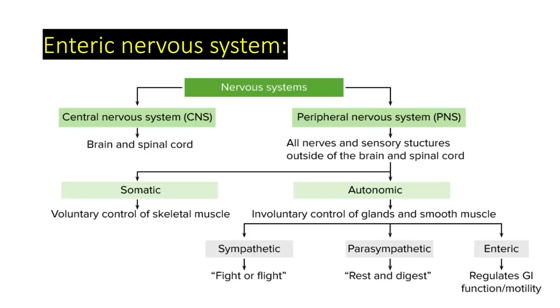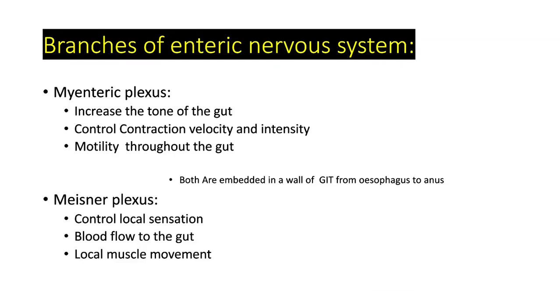So the enteric nervous system is the third branch of the autonomic nervous system. It basically controls the myenteric and meissner's plexus. The function of the myenteric plexus is to increase the tone of the gut and control contraction velocity, intensity, and motility throughout the gut. Both these plexuses are embedded in the wall of the GIT from the esophagus to the anus. The meissner's plexus, also called the submucosal plexus, controls local sensation, blood flow to the gut, and